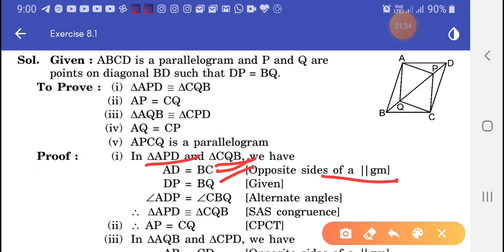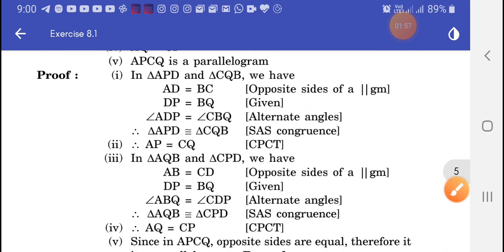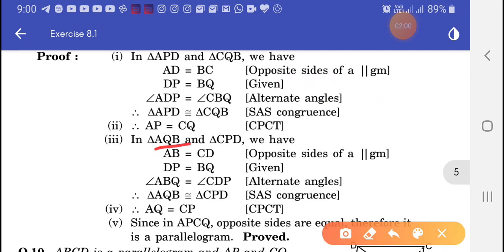Now DP equal to BQ, given. Angle ADP equal to CBQ, alternate angles: this angle is equal to this angle, alternate angles. Now triangle APD congruent to triangle CQB, side angle side congruency. Second part, AP equal to CQ, CPCT. And in the third part we have triangle AQB and triangle CPD, we have